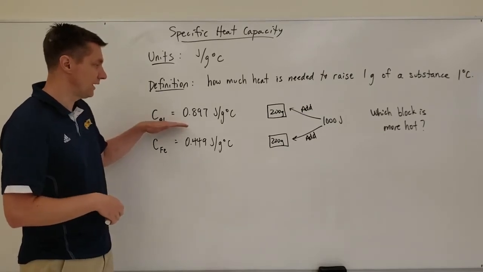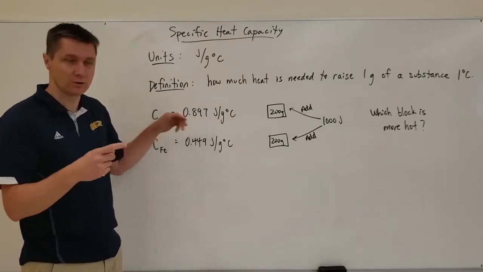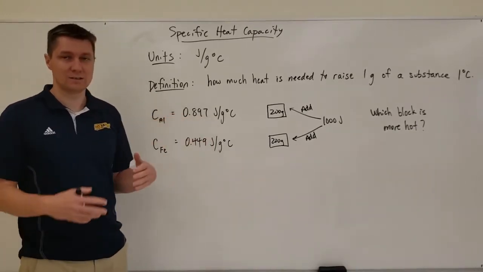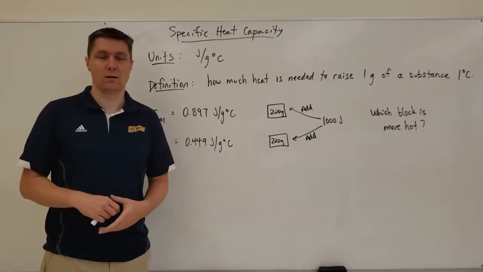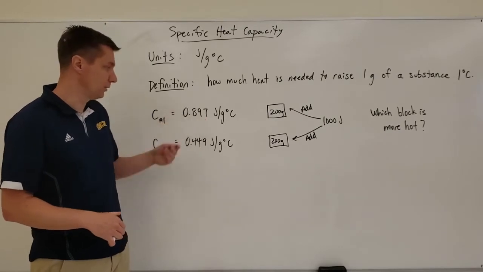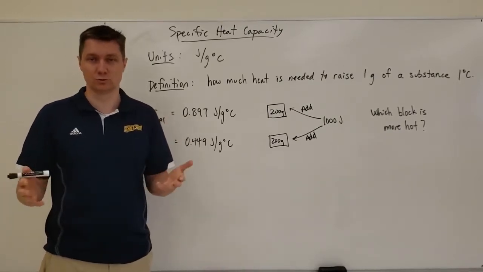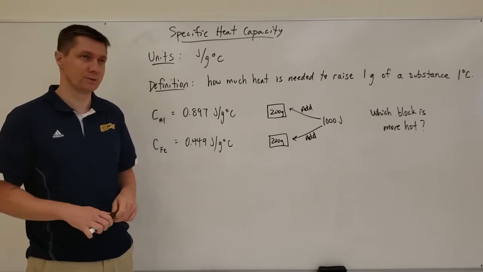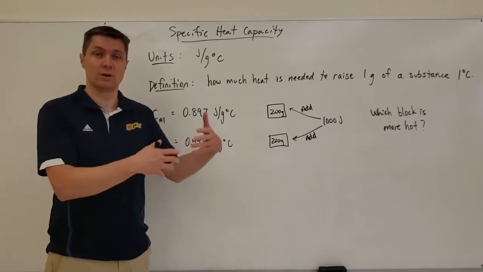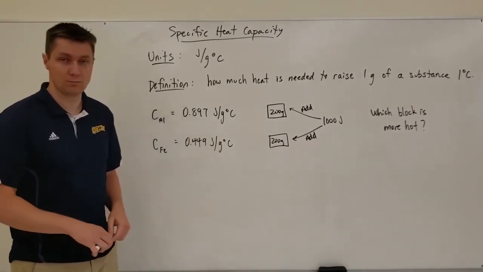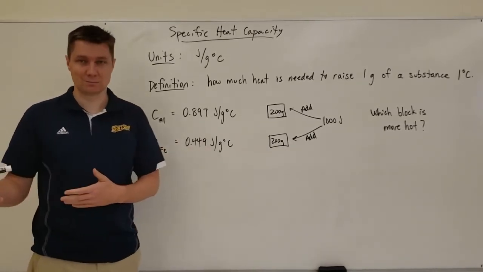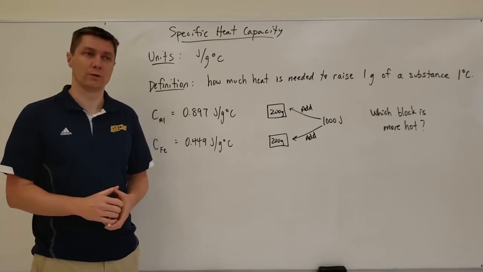Remember that specific heat capacity is how much energy is required to raise 1 gram 1 degree Celsius. So if this specific heat capacity has a higher number, in this case compared to iron, aluminum has 0.897 joules of energy per gram degree Celsius, that means that this is going to take way more energy in order to raise the block of metal 1 degree. Whereas this one, it doesn't need as much energy in order to make it go up 1 degree Celsius